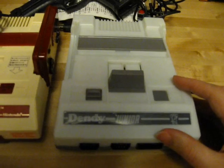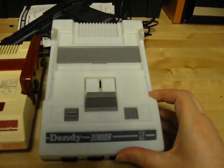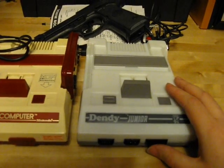but still it's an interesting thing to have as part of my collection. And that's the Dandy Junior,